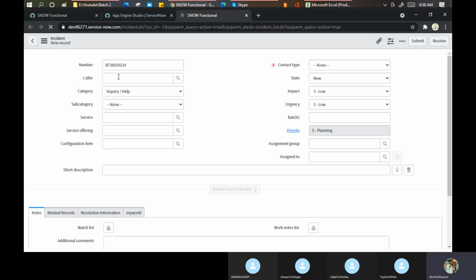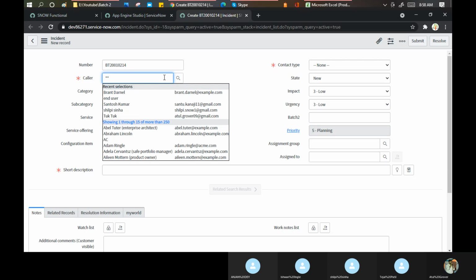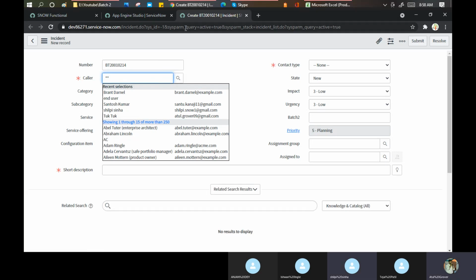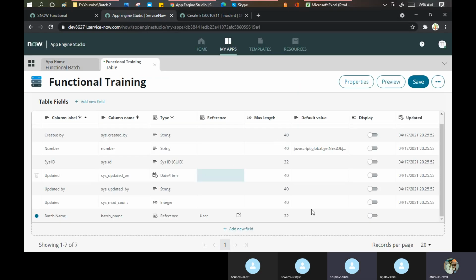This is my reference field. The field name is caller, and from where is it showing me the data? It's showing me the data from the user table. That is a reference for me. Okay. So you can put your things accordingly. I say, okay, I'm done. Let me click on save.